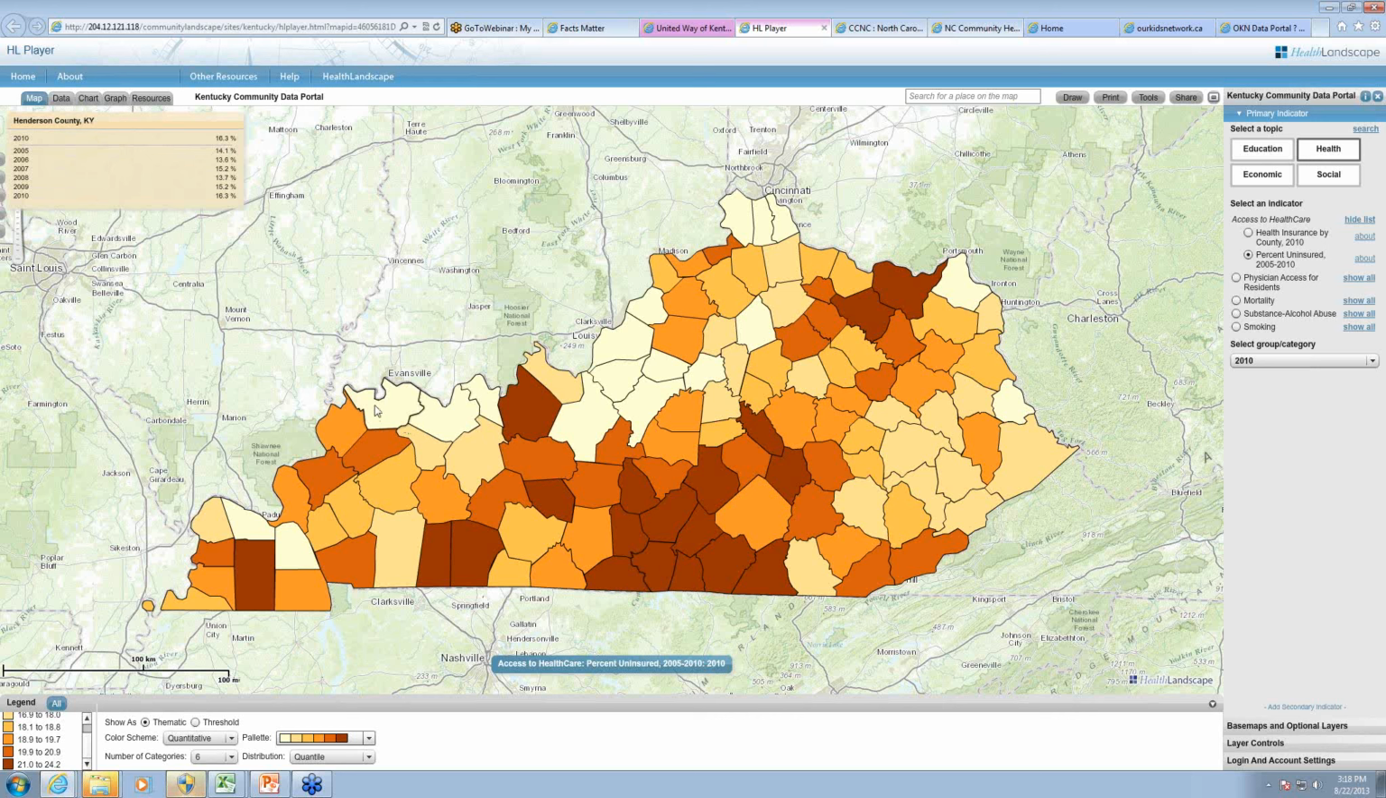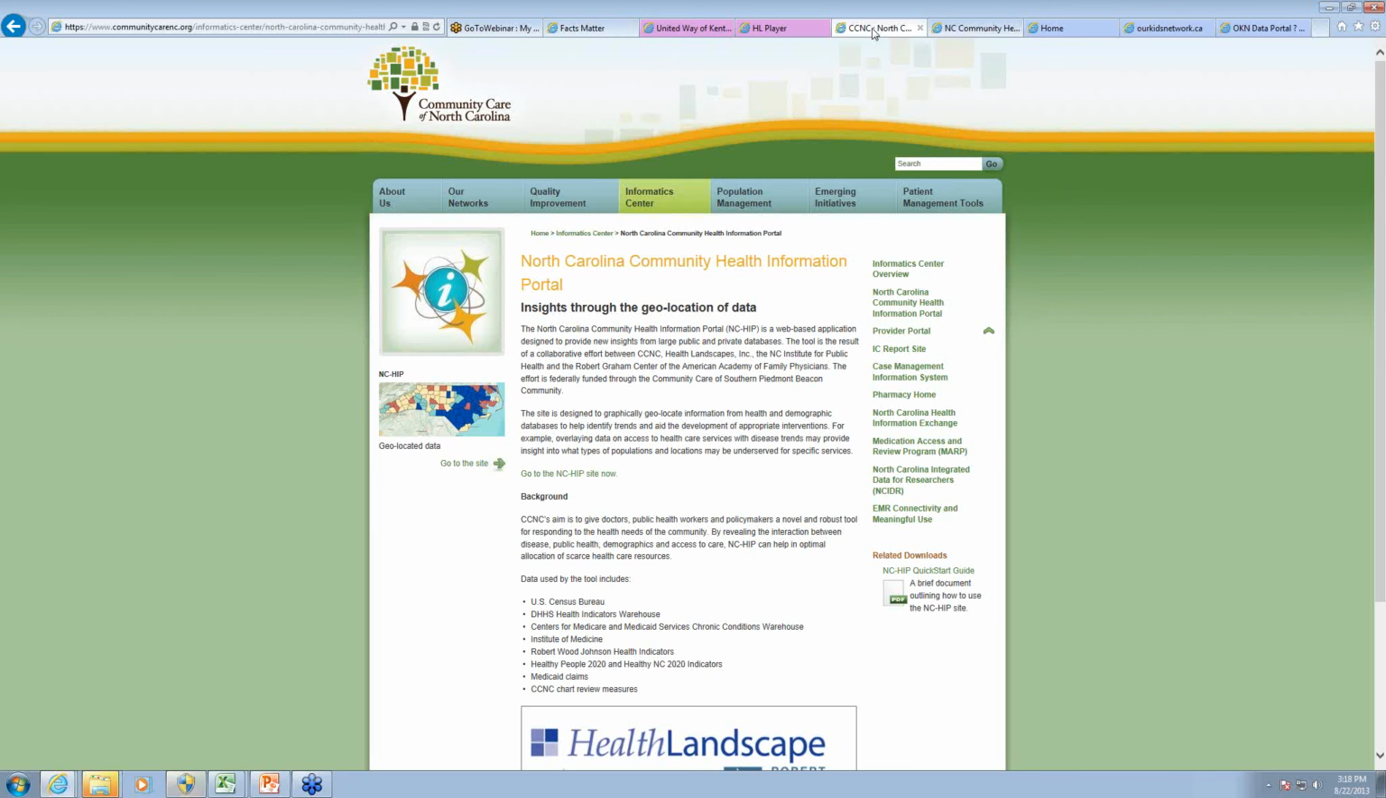Okay, so moving along here, I'm going to move off of the Kentucky website for the time being. So we've seen a data portal at the metro level with the Cincinnati Facts Matter portal. Here we've seen a statewide portal. Now we're going to look at another statewide portal called the NC HIP portal. Now this site was created for a network of health centers in North Carolina that deals with roughly 90% of the Medicaid population there. So here we actually link directly to their website,